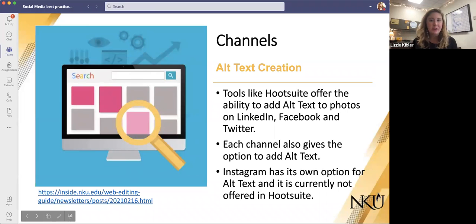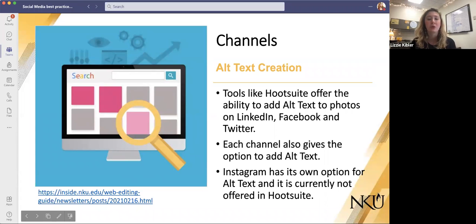That way it identifies who's in the photo, and people who are viewing it will know. Each channel gives that option for alt text. Instagram is the only one through Hootsuite I've noticed that does not give me the option.